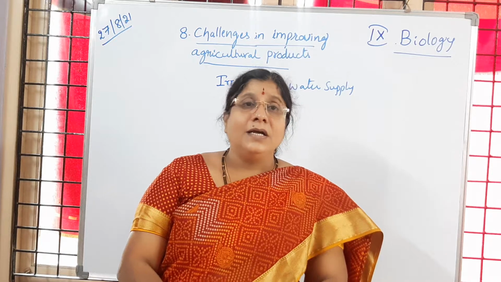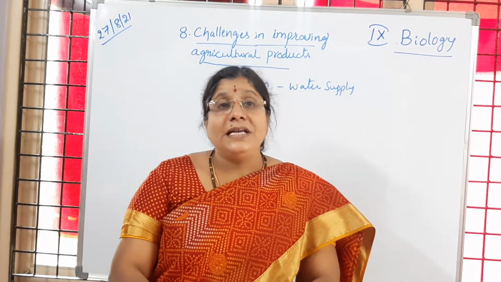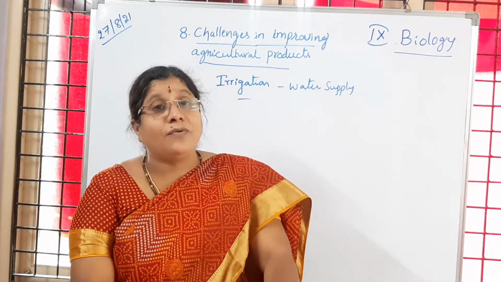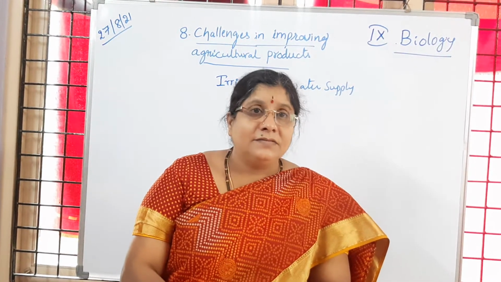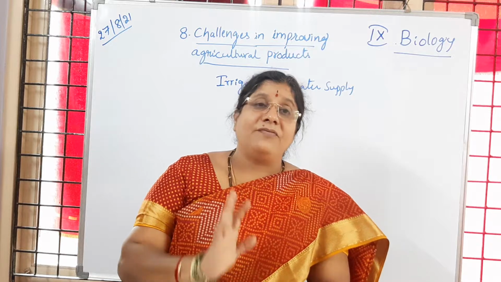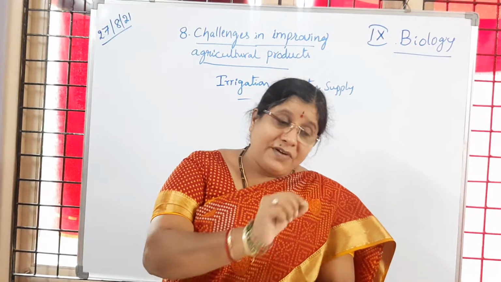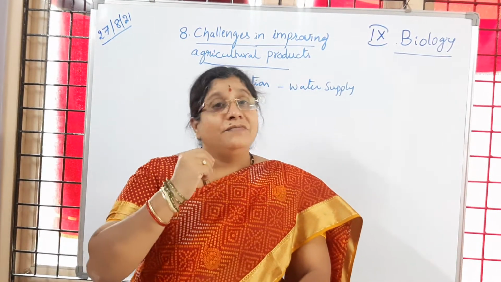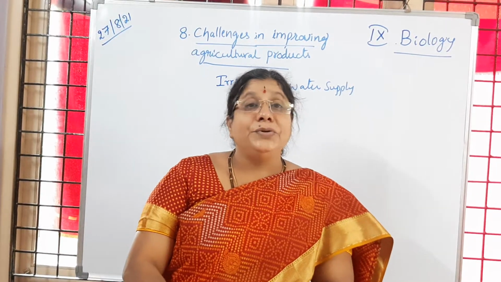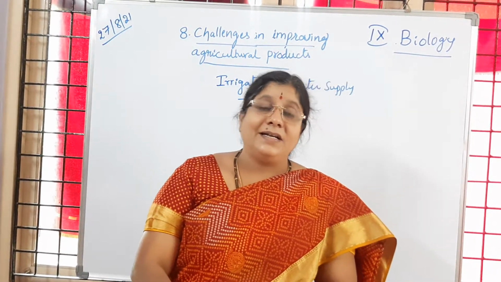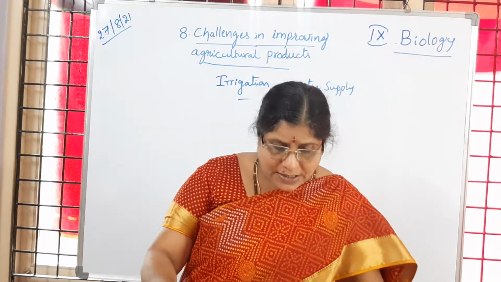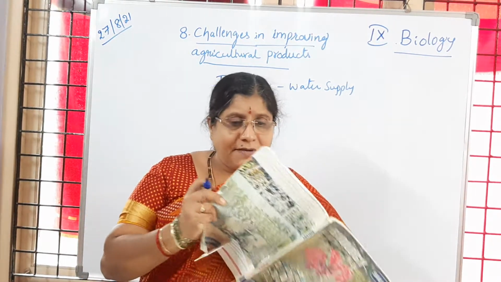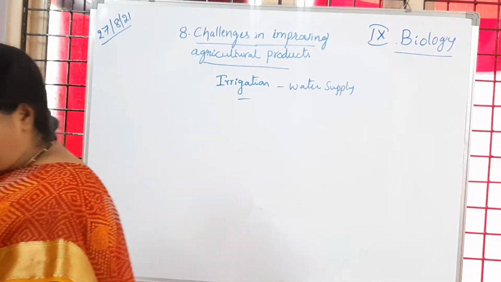Have you followed, children? So if the field is supplied with less amount of water, or if the field is just kept arid, that is without supply of water, or with supply of little amount of water, then the nutrients cannot be taken up by the plant. So that results in the less yield of the crop. Have you followed, children? So here one graph is given in your textbook that I would like to show you.